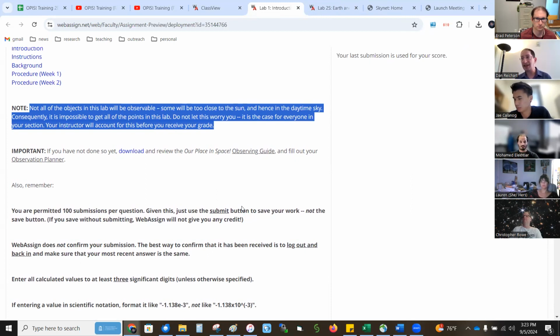They come back the next day, and it's still not observable. Yeah, the sun moves around the sky once a year. The changes are seasonal and slow. If Venus is not observable today, it's probably not observable tomorrow. So you want to get that across to them. They're not going to be able to hit all the targets.